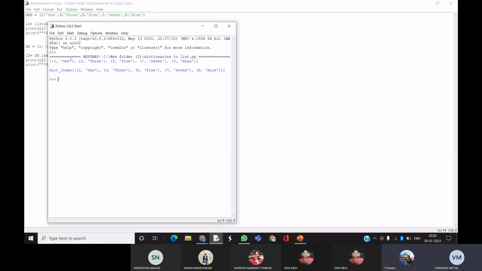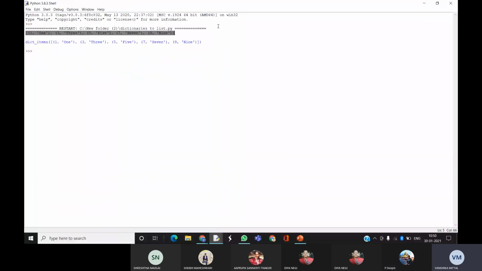Okay, so here in the first one where I have given this list function to convert my dictionary into list, we are getting the output in square brackets just like we get in a list, right? And each one is considered as a single element of my list in parentheses, right? And in this one where I'm just giving the name of my dictionary and using the items function, here this dict underscore items and then all the items of the dictionary are being printed. So that's the difference. It won't be considered as a list, and this is a perfect list which we wanted to convert our dictionary into. Okay.